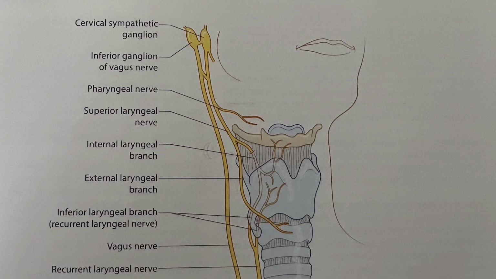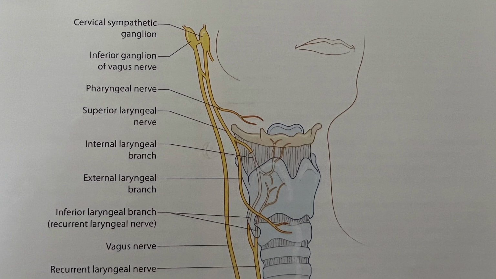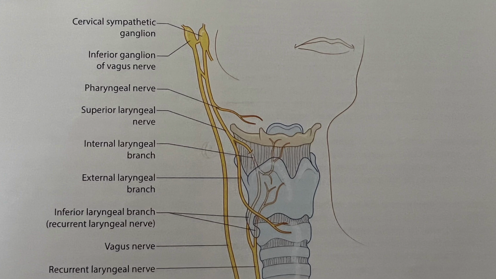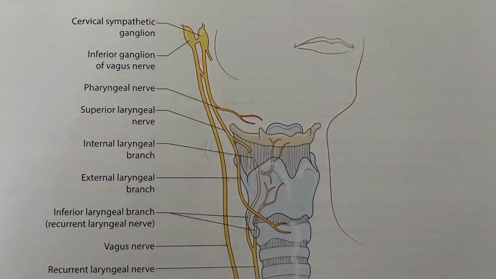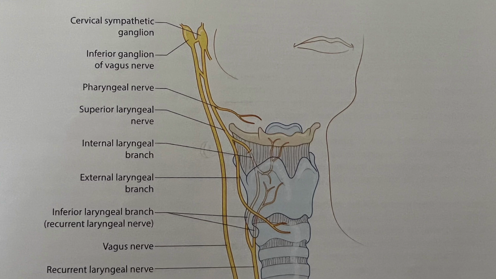The motor and sensory supply to the larynx is derived from the vagus nerve. At the level of the greater cornu of the hyoid bone, the superior laryngeal nerve divides into internal and external laryngeal nerves. The internal branch pierces the thyrohyoid membrane just above where the superior laryngeal artery enters the membrane. The internal laryngeal nerve gives sensory and secretomotor branches to the larynx above the vocal fold. The branch terminates by piercing the inferior constrictor and uniting with the ascending branch of the recurrent laryngeal nerve, where an anastomosis is formed. This anastomosis is called the Galen anastomosis.